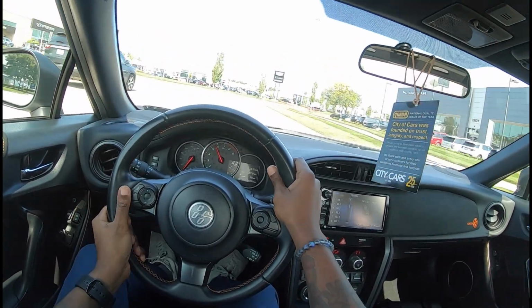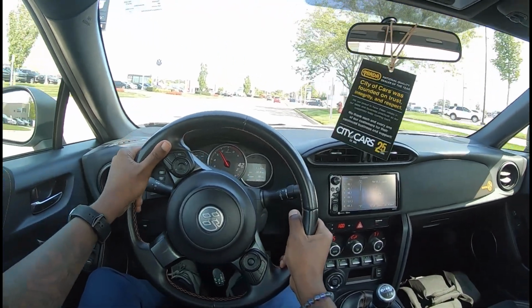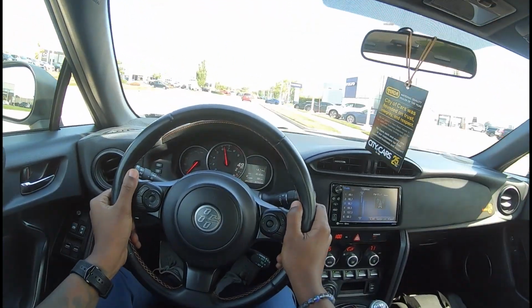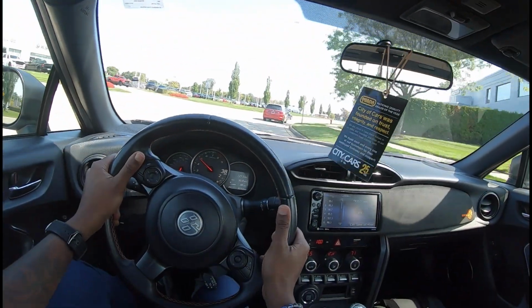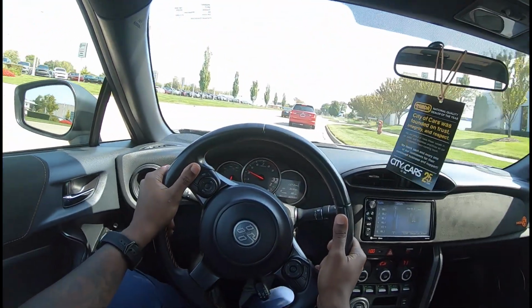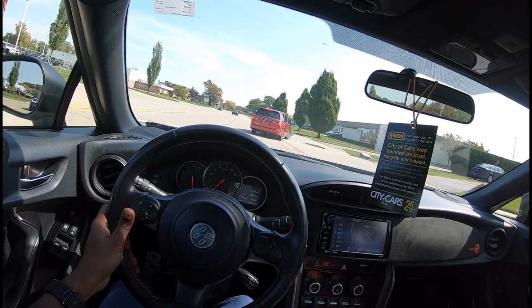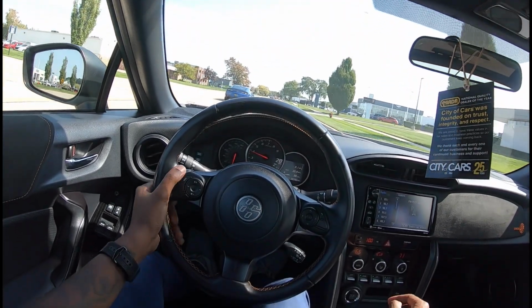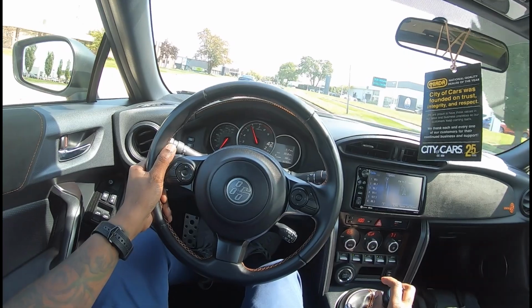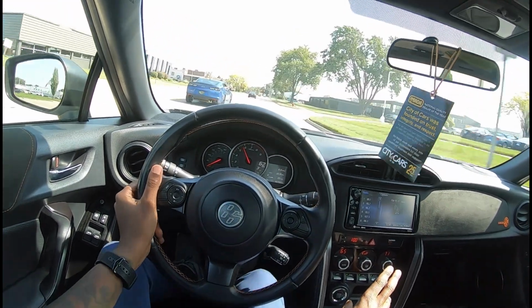This thing revs up pretty high too. That's very playful out here. The bright colors over there. Floored, it's kind of underwhelming,